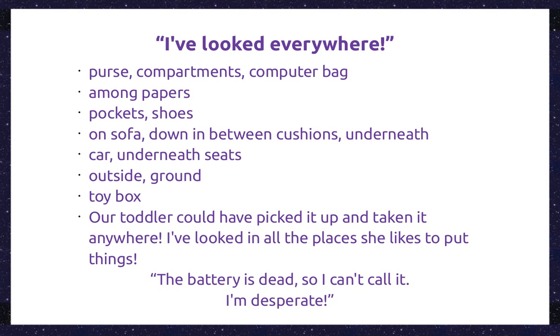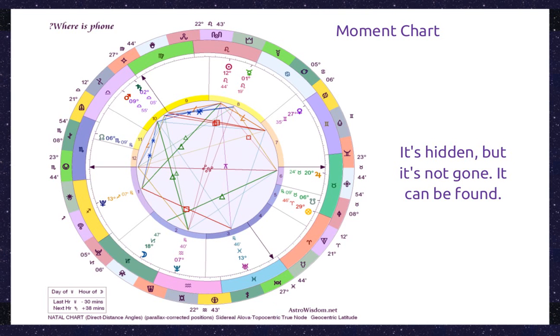So I constructed a moment chart. Now, the important thing about a moment chart is that we need to construct the chart for the time when the astrologer is, quote, seized, unquote, with the question. This is such a beautiful description by Krishnamurti. When I had the feeling, I really want to find, where is this phone? How can I help my friend find this phone? I'm going to sit down and find out the answer right now. That's when we do the chart.